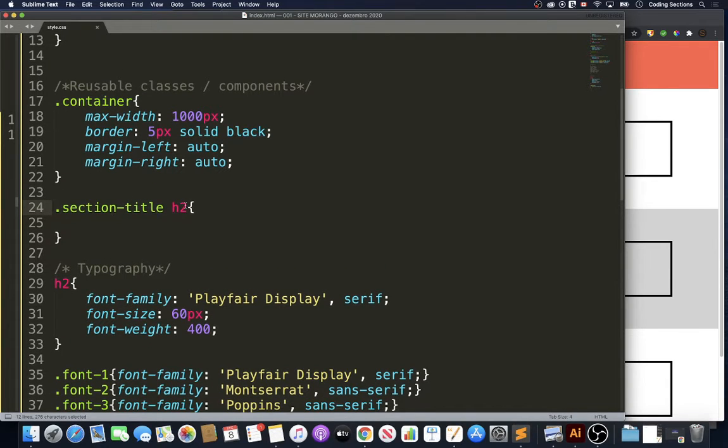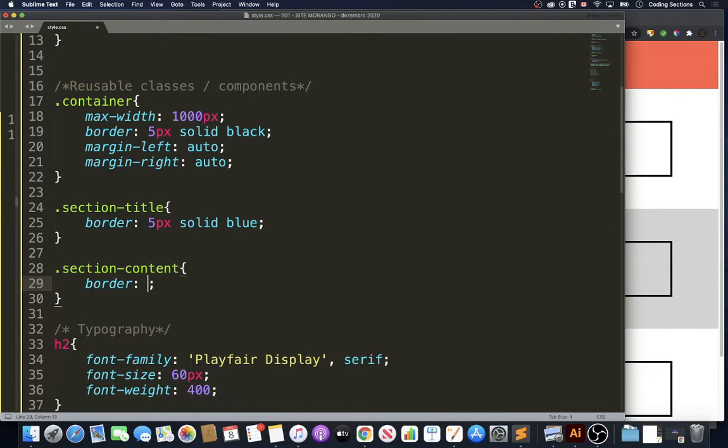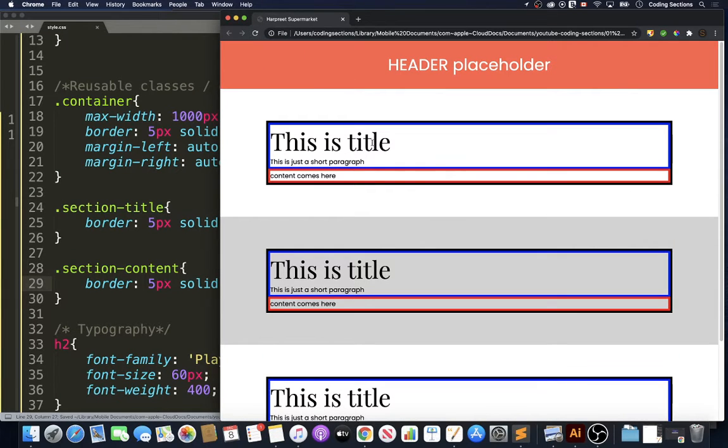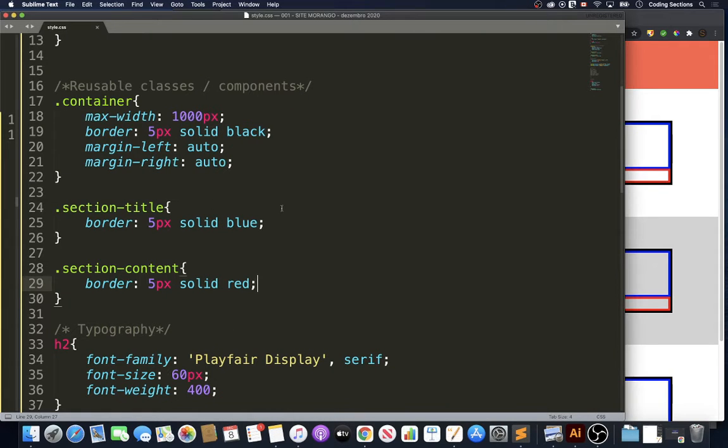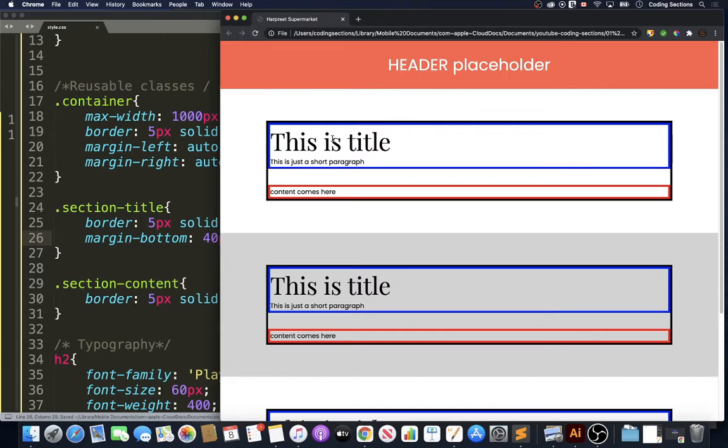And in the section title, not section title H2, I'm going to apply a border of 5 pixels solid blue. And in the section content, which is temporary code, I'm going to apply a border of 5 pixels solid red. And as you can see here, I have a very clear separation between the title and the content. And what we want to do is, for example, a margin bottom to separate the section title from the section